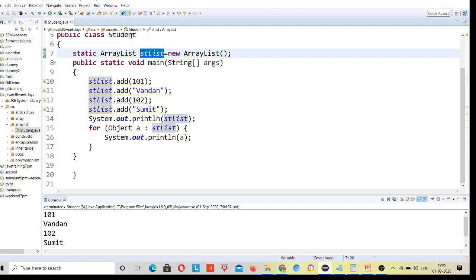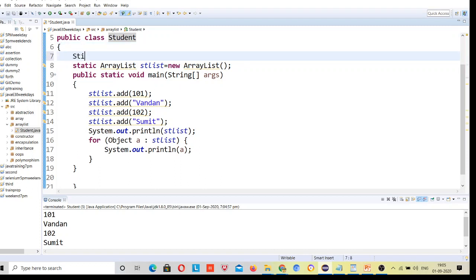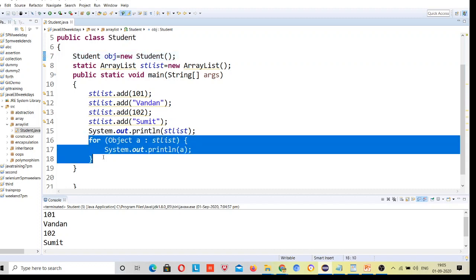Like if you want to make the object for this student class, I will write new student, right? So when I was telling about the for each loop, I added that point.